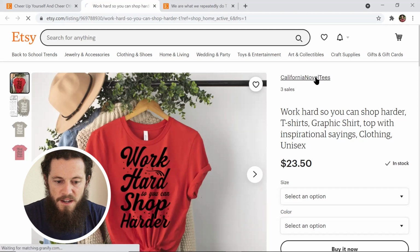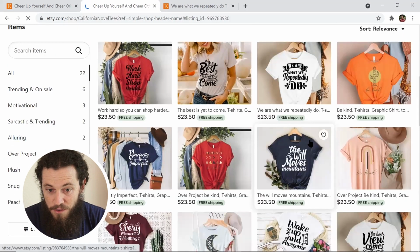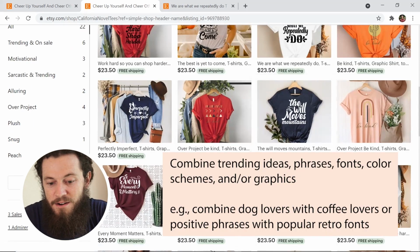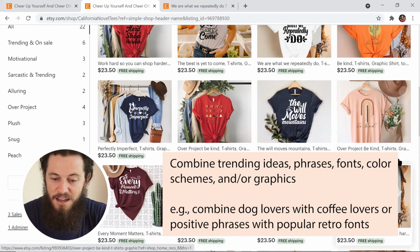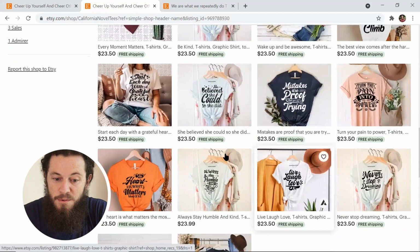Okay, next thing I wanted to talk about was improving upon your designs. A lot of your designs are very general. They're not very niche specific, and make sure you're trend combining so that customers will want to buy your design. You need to stand out on the Etsy marketplace. There's so many people selling t-shirts on Etsy. You have to set yourself apart by creating really unique designs, and the best way to do this is to